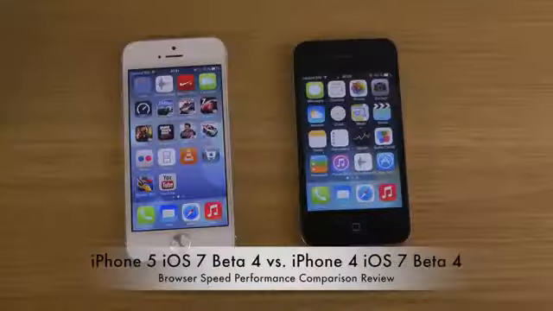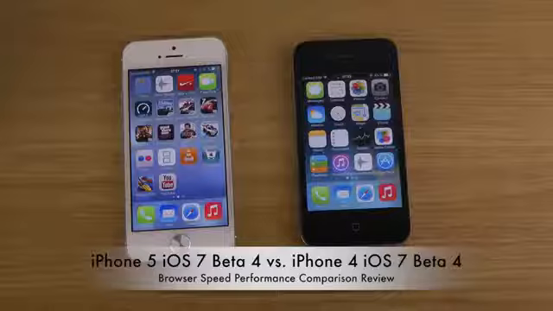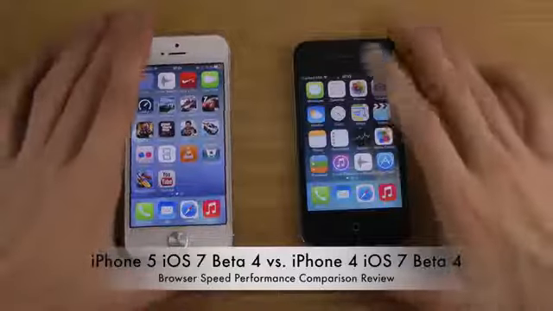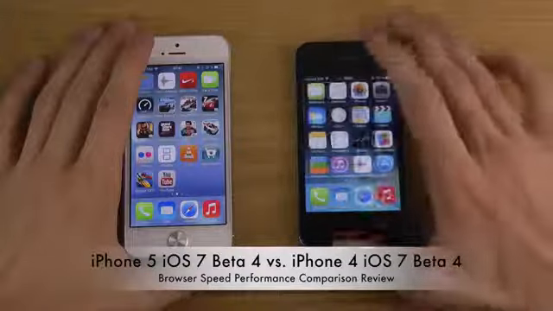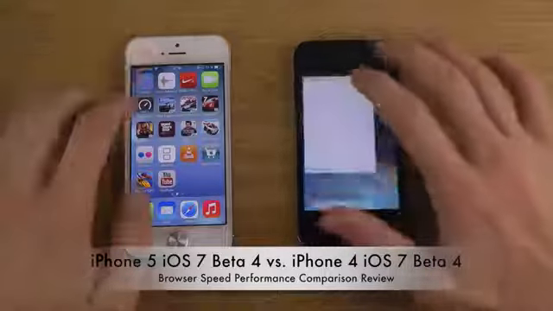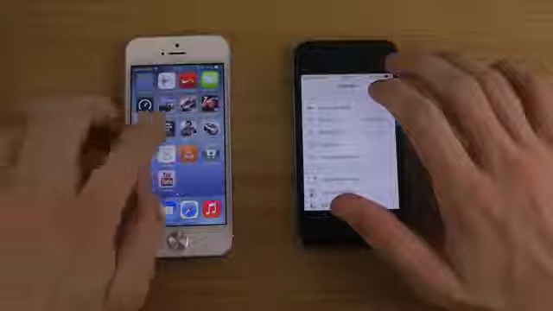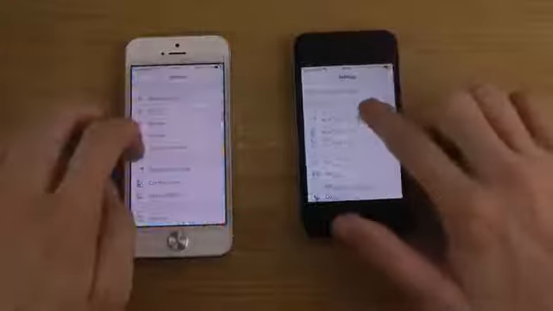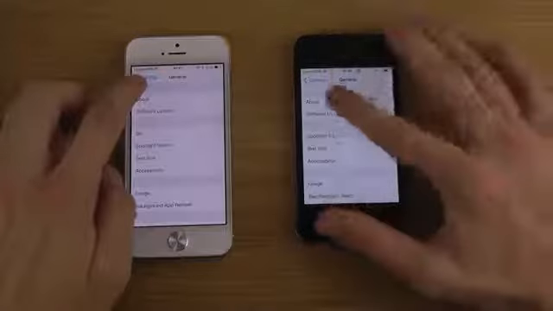Hey guys, so it's time to compare the iPhone 5 with the latest iOS 7 Beta 4 versus, not the Samsung Galaxy S4, but the iPhone 4 here with iOS 7, also Beta 4. So you can see here, if we go into the settings area, go down to general, and then go down to about, you can see here it's the